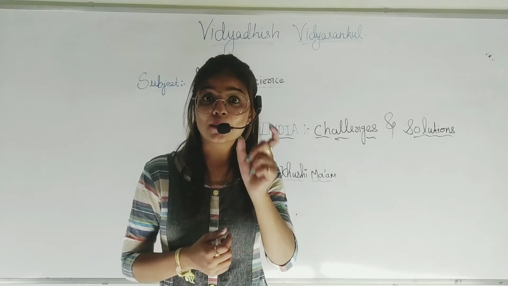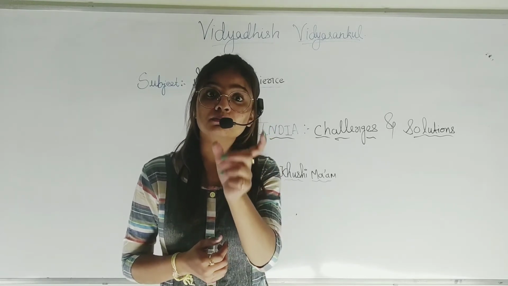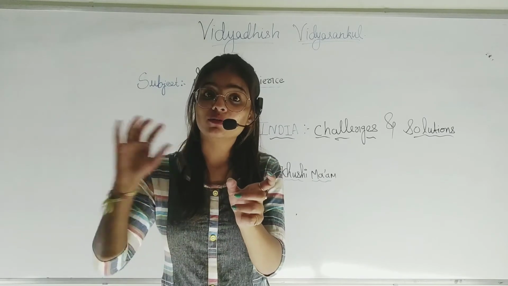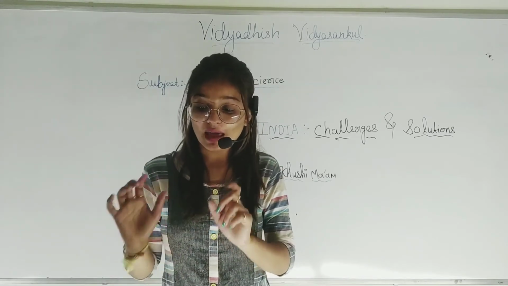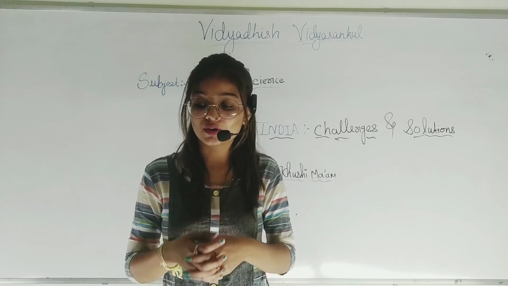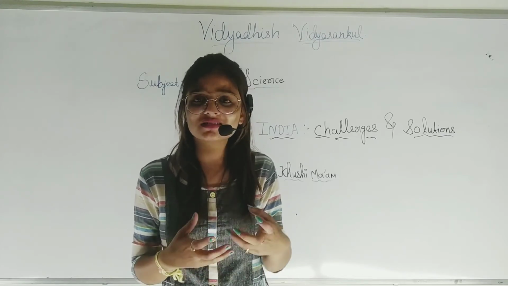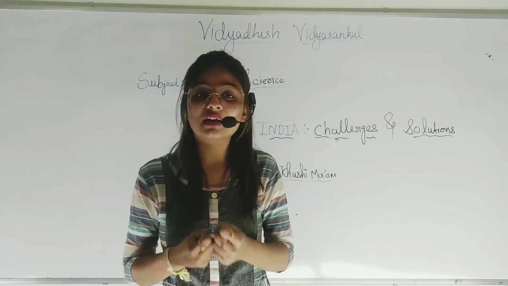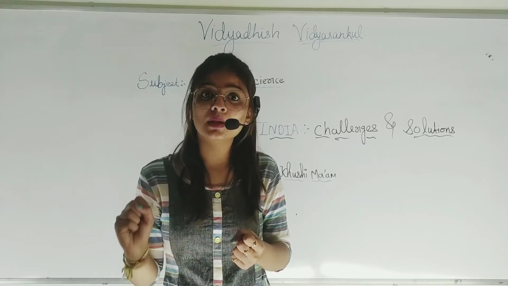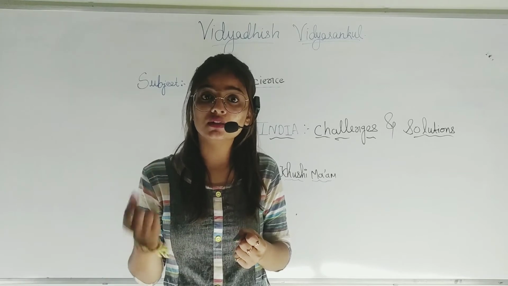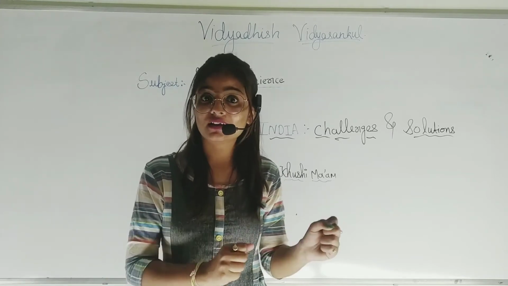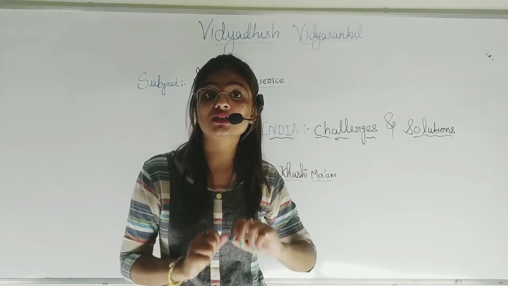Obstacle means it is the major problem of the development of the country. It is an evil effort to disturb the peace, brotherhood, and unity of a nation. Means it is an evil effort. Due to terrorism, it disturbs the brotherhood and the unity of the nation, right? Due to terrorism, what happens, students? The unity of the nation is being disturbed.